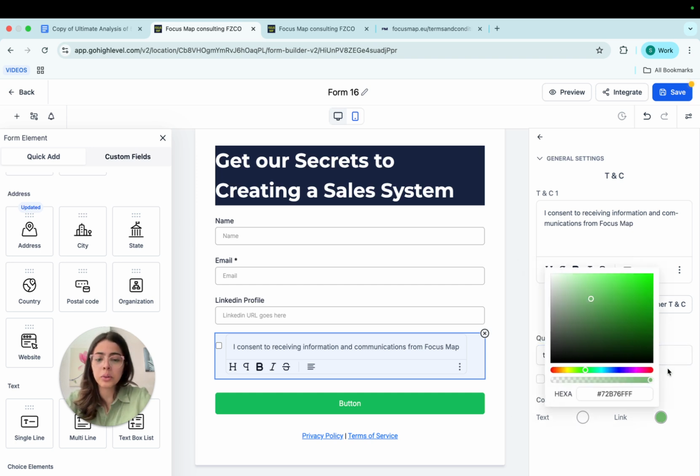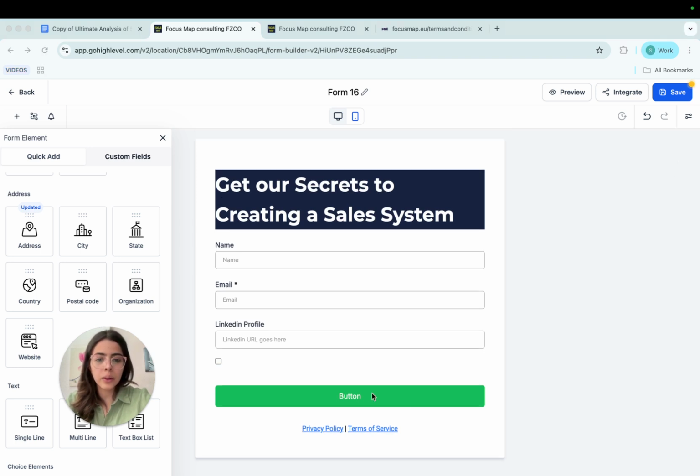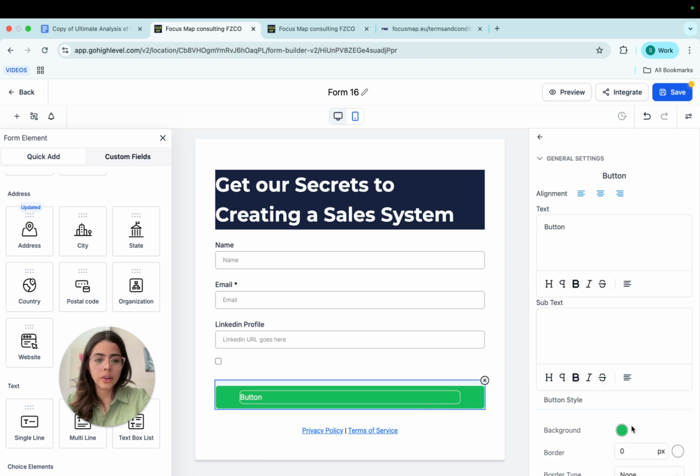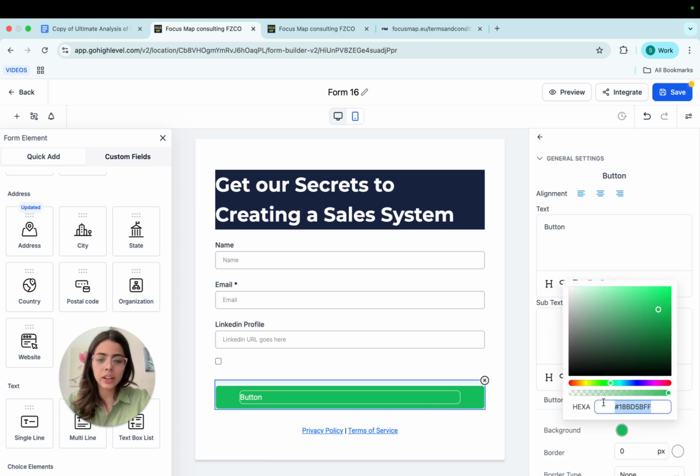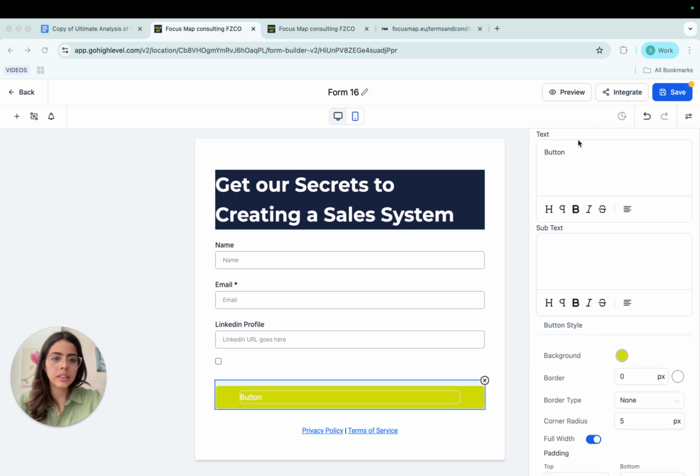And then link, we don't have a link, but you can change the color of the link. And while we're here, I'm going to change the color of the button. Again, you can add a button in the quick add fields. And here we're going to call it get the playbook